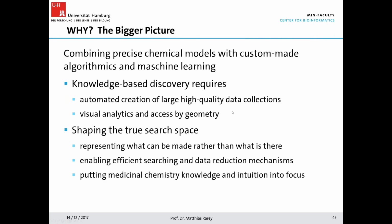I didn't talk so much about the ligand-based side, so I didn't talk about fragment spaces, creating molecules, etc. This is also a very big topic for us, but as time is always tight, I didn't talk about this. But here we have very similar goals. We want to really represent what can be made, and find out what is there, and really get new chemical space. We are always looking for efficient searching in all kinds of problems we have,